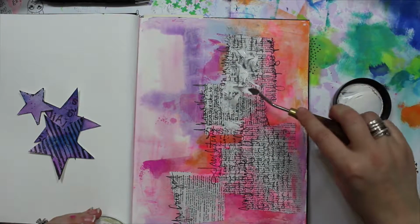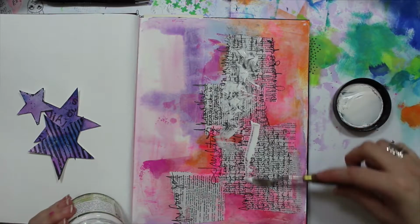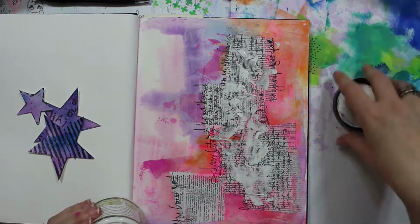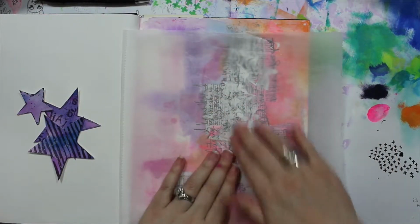Try not to mess it too much. It's a problem with these pens. Could be a mistake. Could not be. I don't know. Oops, that was loud. Sorry about that. I'm going to take some deli paper. And because I want to change that texture a little bit,